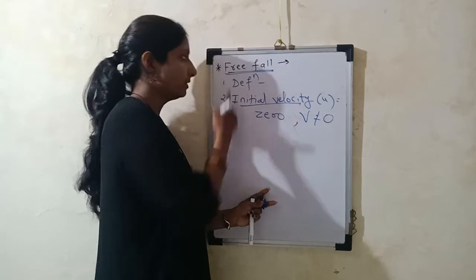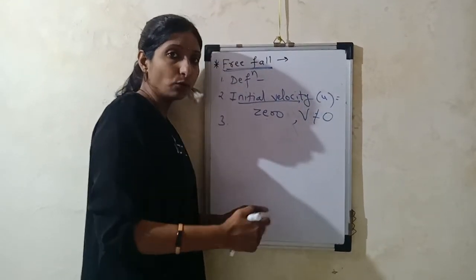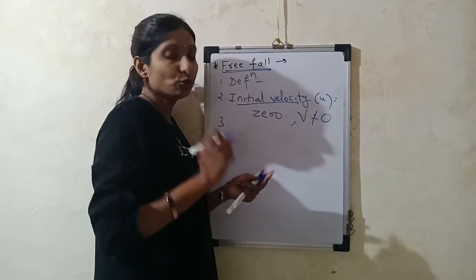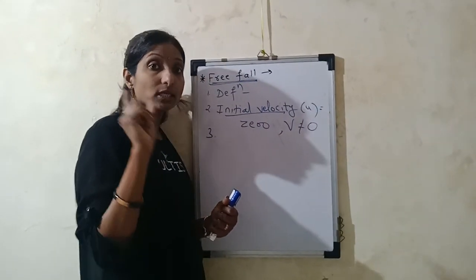The third point regarding free fall is, whenever the object is falling down, two forces are opposing its free fall motion. Which two forces? The two forces are, the first, frictional force